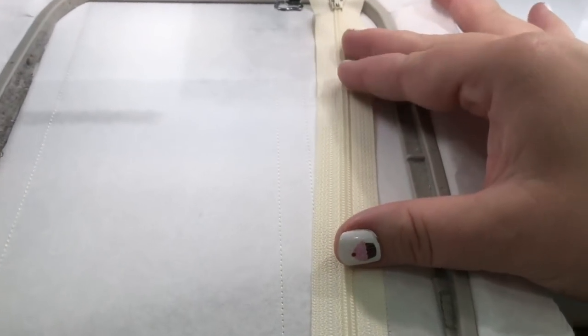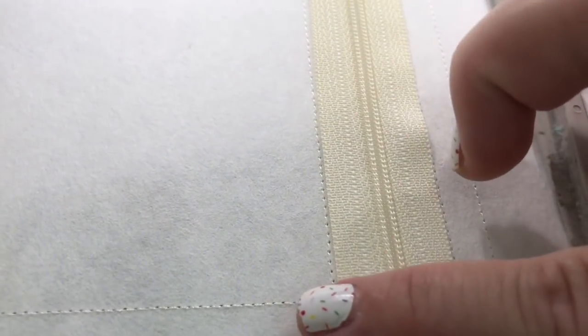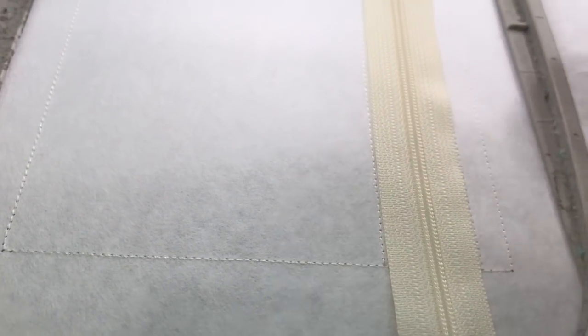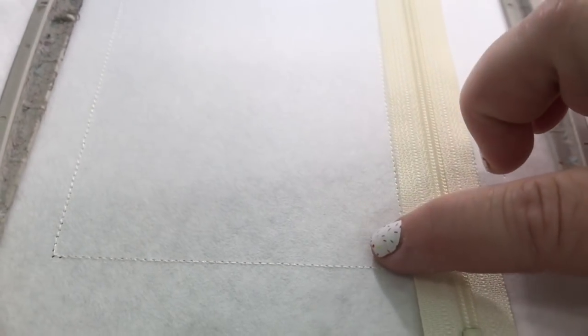Now, the way that you place the zipper is there's 2 lines here. You just put it between the 2 lines evenly, and you should get a really good placement that way. Jen's really great. She has these where you don't have to look underneath. But if you're doing another file that doesn't have it exactly like this, where it matches up perfectly on either side,